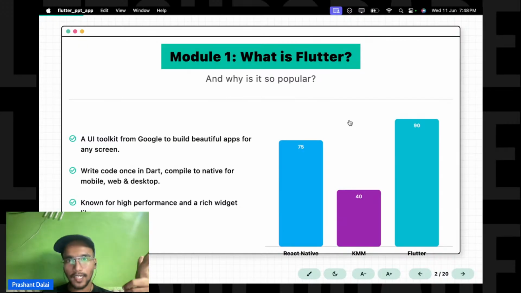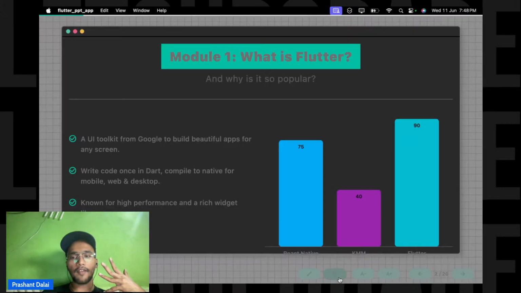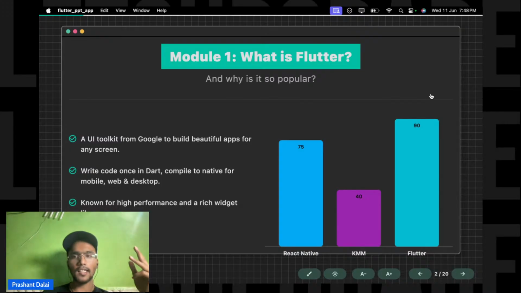So we have Ionic, we have React Native currently in the market. Okay, we have KMM and we have Flutter. So these three platforms are trending. But why are we learning Flutter right now? What we don't have on our screen, let me give you a particular reason for why it is popular and how many people are actually working on it. So how many of you